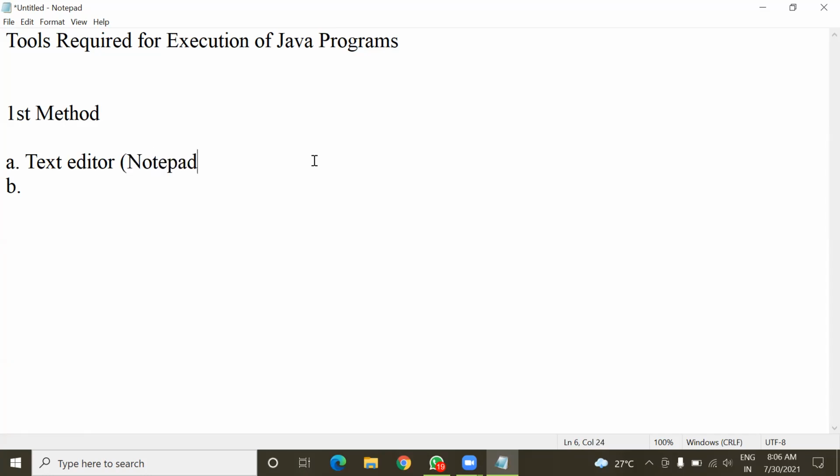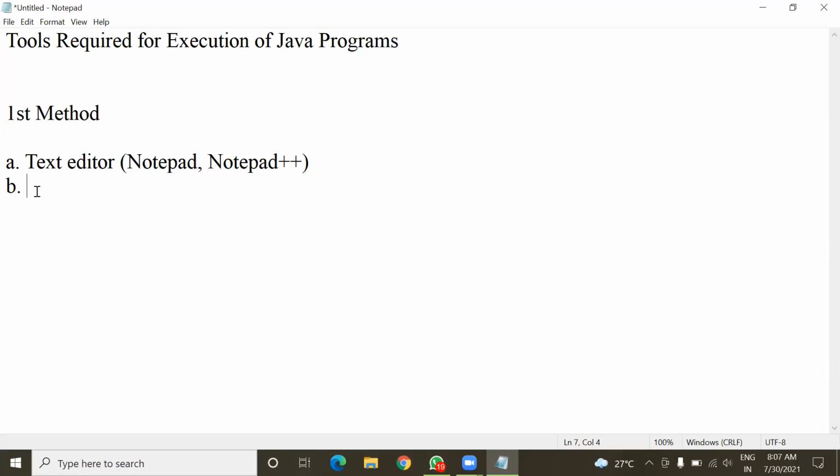In Notepad, I can type anything and I can save it with a different extension. Apart from Notepad, there is also Notepad plus plus. So these are the two common text editors that we can use.